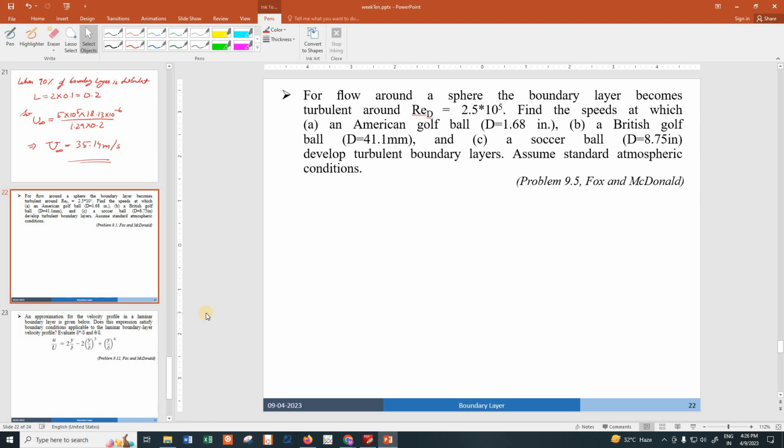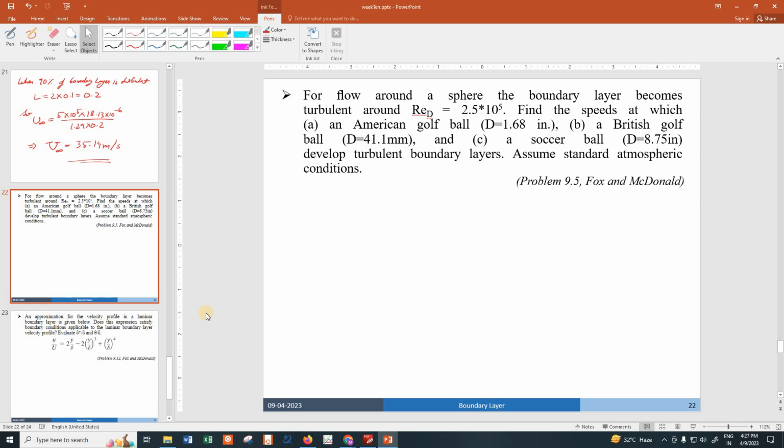For flow around a sphere, the boundary layer becomes turbulent around a Reynolds number. So notice here instead of x we have taken d, so basically the diameter that represents the sphere diameter. The Reynolds number is equal to 2.5 into 10 to the power 5. Find the speeds at which an American golf ball of diameter 1.68 inch and a British golf ball of diameter 41.1 millimeters, so notice the imperial and the SI units,